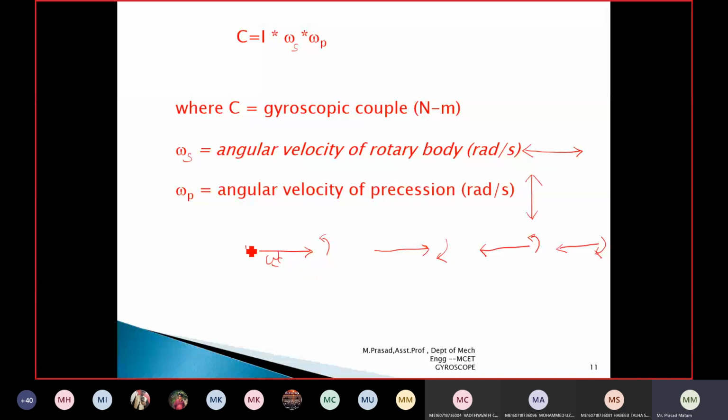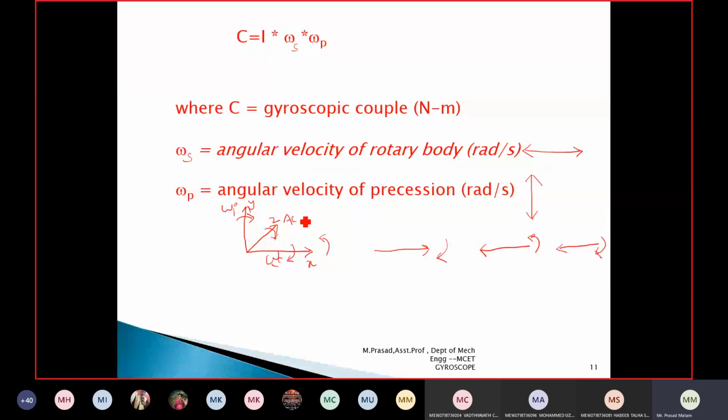So this is the position of the spin vector omega S, which is moving in this direction, taking a left turn. Here we are getting the omega P precession vector, which is acting in the upward direction. So how are you drawing the couple vector? For the spin vector, you draw a line along the z axis. This is x, this is y, this is z. Now this is moving in the upward direction. It has to move upward, means how does my vector have to move? If I rotate in this direction, this will move upward. If I rotate clockwise, it will move in this direction. Now from here, if I rotate like this in clockwise motion, then only it will move upward.